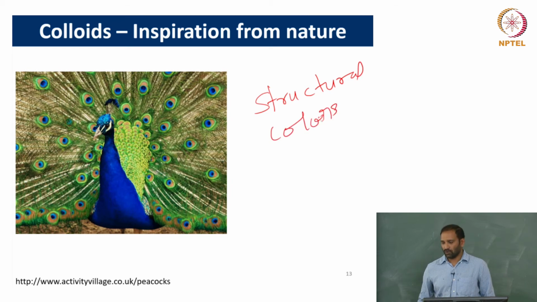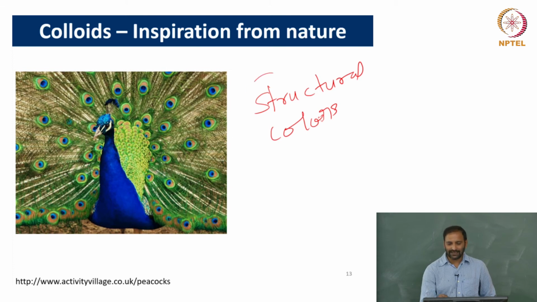In chemical engineering, when people look at things like paints of different colors, one of the understandings is that there are a lot of pigments that have a specific color, and you can make paint of a specific color that way. But there are a lot of things in nature where